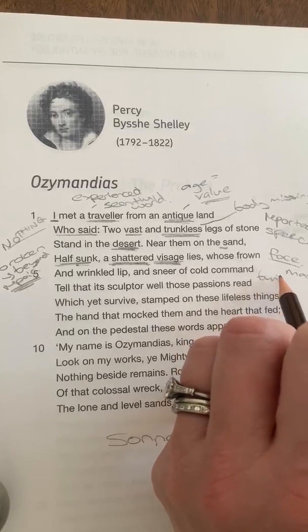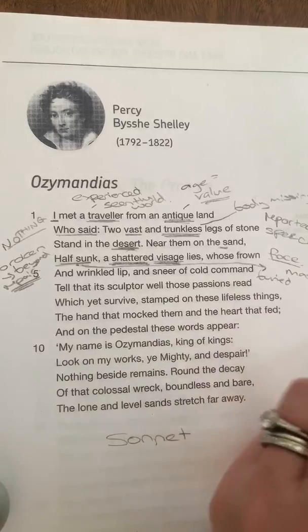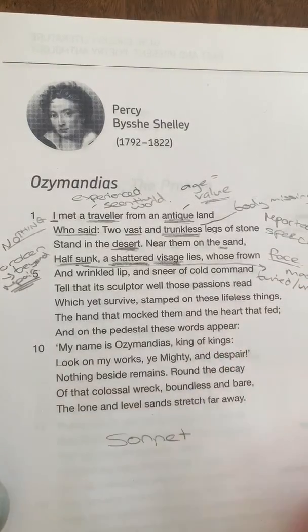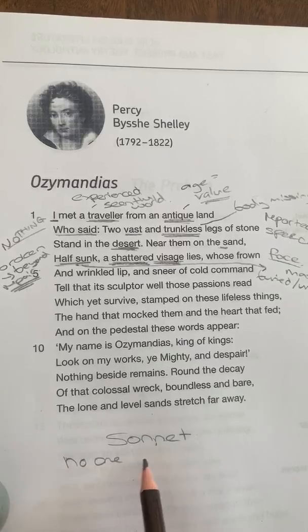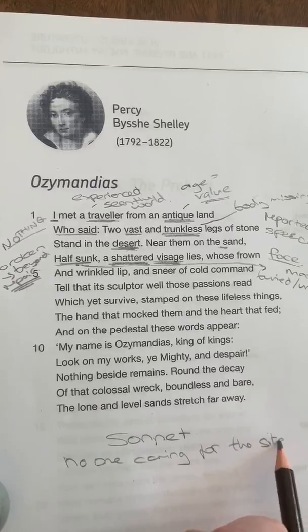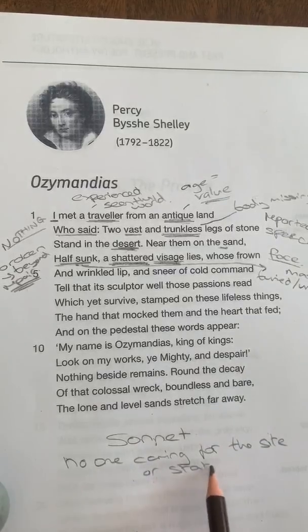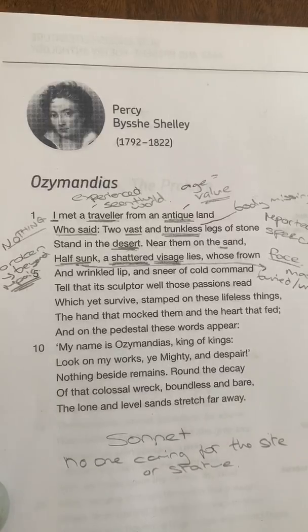I'm running out of space here, so you're going to have to think about how you do this. Half sunk means buried, means it's under, which implies that there is no one caring for the site or the statue. I'm going to make that note down here. Okay? It's half sunk. A shattered visage lies, whose frown, so the face is frowning, and wrinkled lip